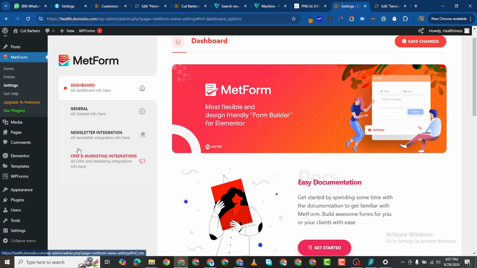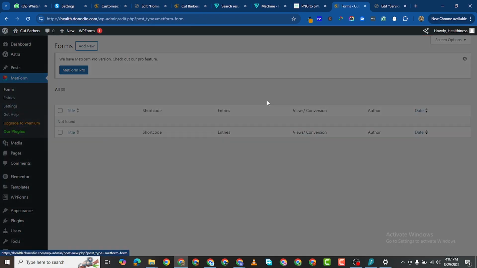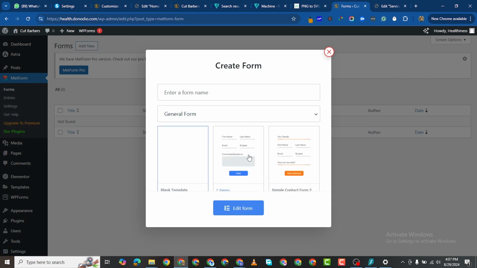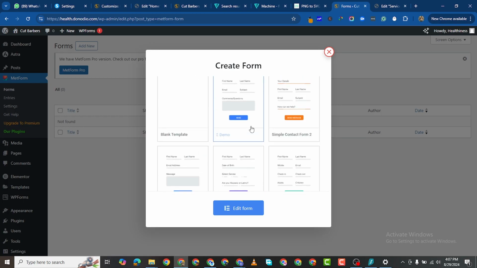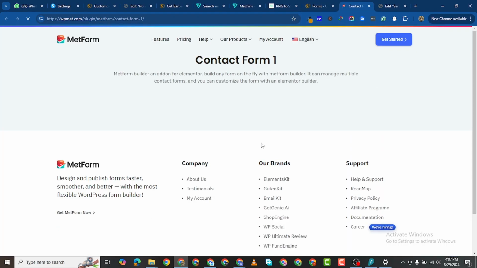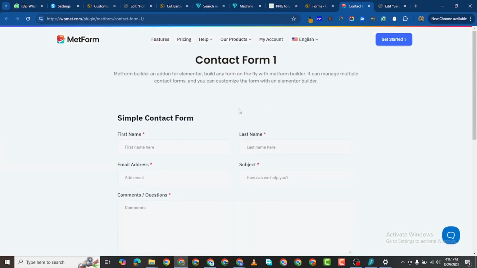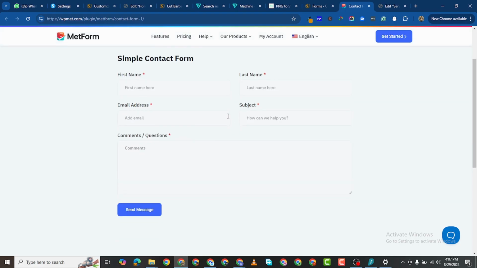What I need to do now is simply to come back here and go to Forms, go back to Forms. And I want to add new. And it gives me quite a number of forms I can use. You can preview them. I can demo it. Click on demo. It's going to take you to their website. Sometimes when it redirects you, it doesn't really show you much, but you can see this here. This is what it's going to look like. So we can use this one,